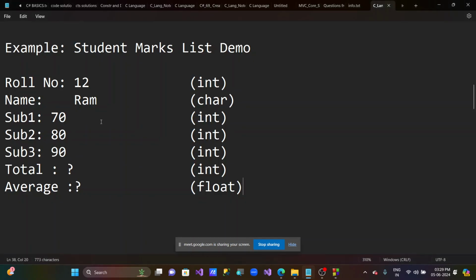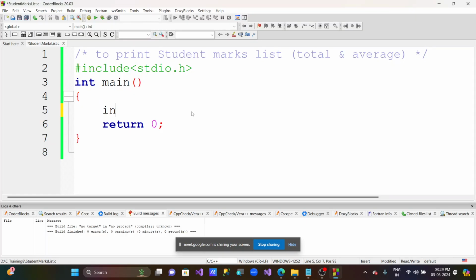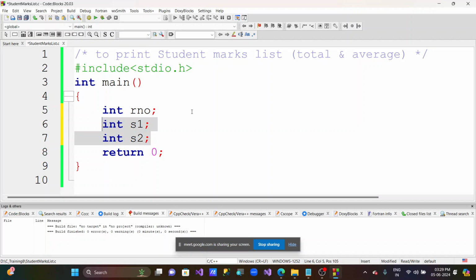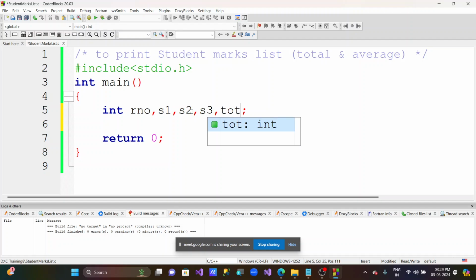So my requirement here is I should take variables for roll number. So what common types, first we need to decide. Integer. How many integer variables are there? Five variables. So how should I write? There are two ways. One by one, I can write int roll number semicolon, int sub one or s1 semicolon, int s2. Like this I can write in multiple lines, but I need not write like that. Instead of writing in this many lines, in a single line you can write RNO for roll number, S1, S2, S3, total, TOT, I said. So like this,